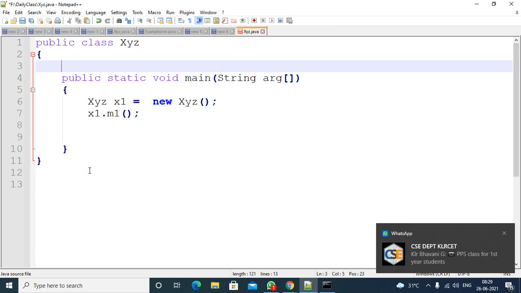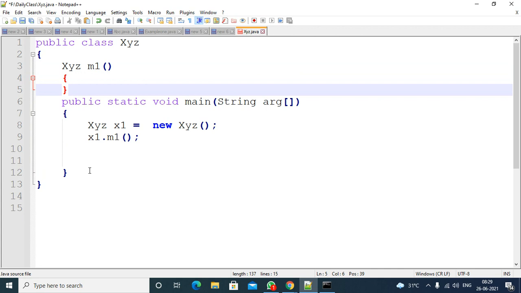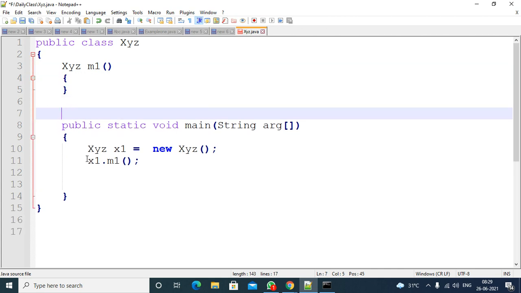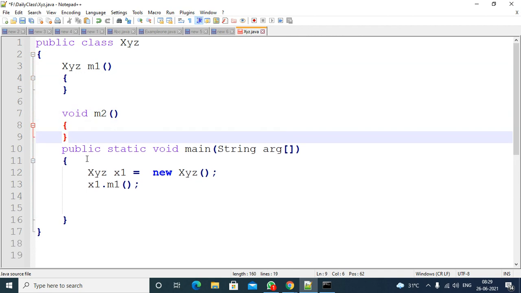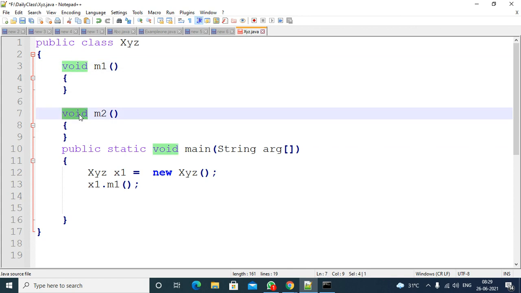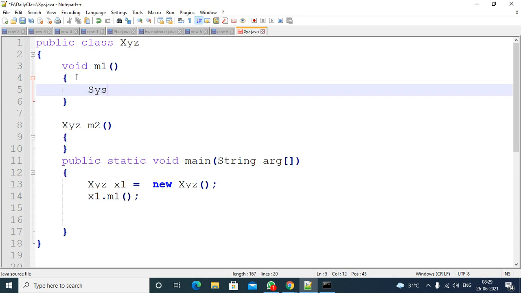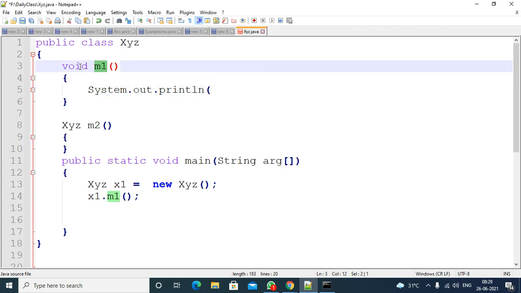So the next point is for returning the current class object, right? I have an m1 method, right? I have a method m2. The first method, m1 method, is without a return type.